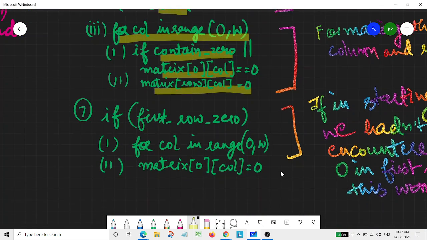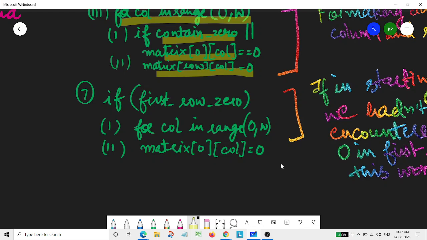Now in the last part, as I told, we need to handle whether our first row was 0 or not with some extra step, and that extra step is this one. In the starting we had maintained that variable first row 0. That first row 0 was for this purpose only: if our first row was containing any 0, then we'll simply mark it as true.